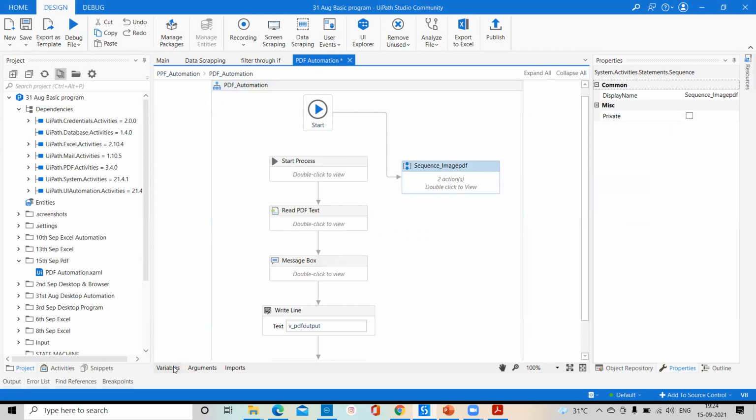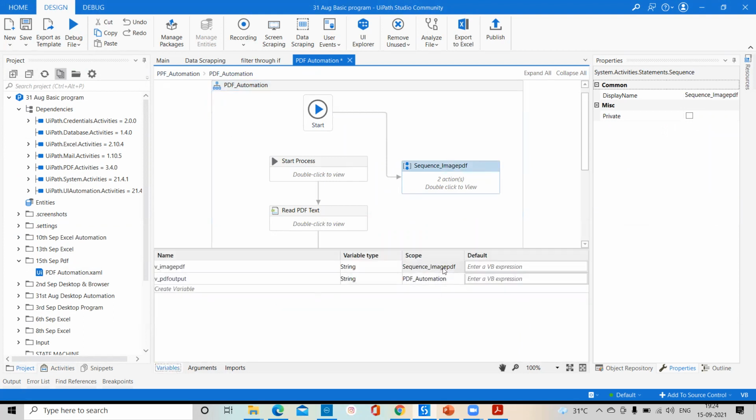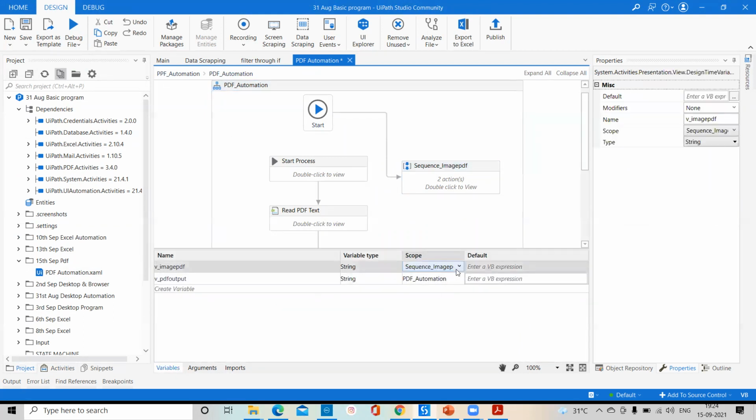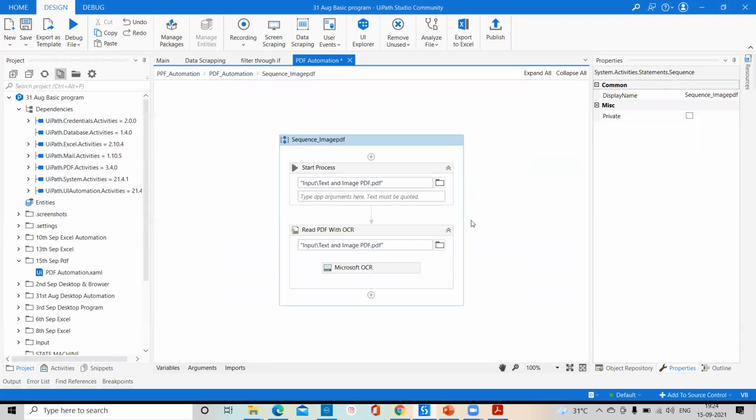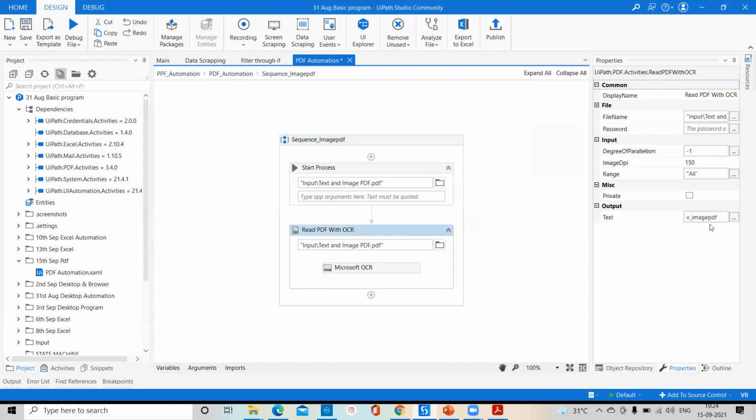So that's why if you go to the variable panel, it's private, sequence image PDF. If you want to make it global, you can pass it as PDF automation. Okay, so right now the same thing we'll do. We'll try to display through a message box whatever data is available in your PDF, and we'll try to write the data into one notepad file. Okay, so whenever you create this variable, it is especially for storing your data.